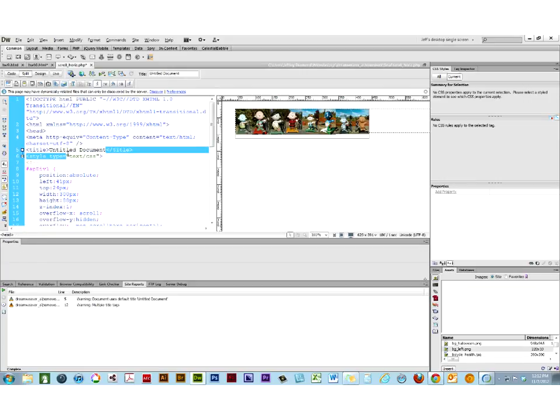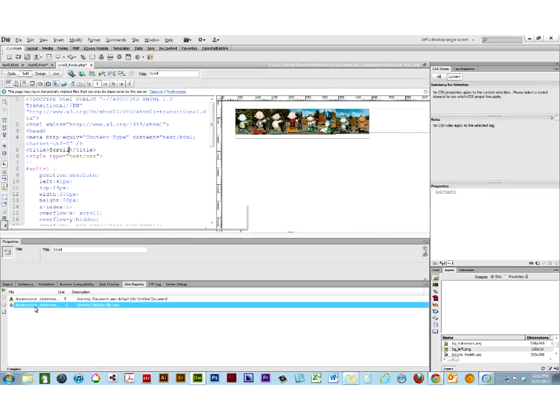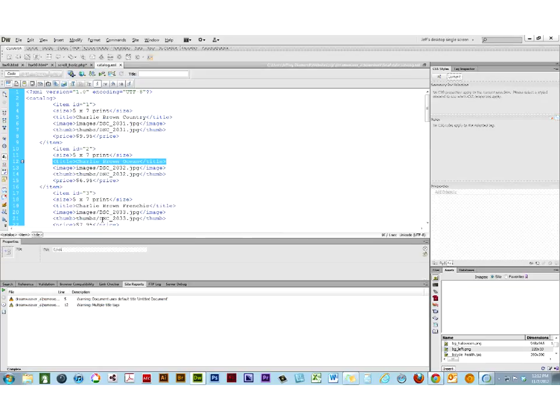This untitled document, which should never be there. It's probably an assignment I'm not using anymore, which it is, but nevertheless, it's still part of my web site, so I want to make sure that that's addressed. And finally, this one, multiple title tags. Okay, this one is a bogus